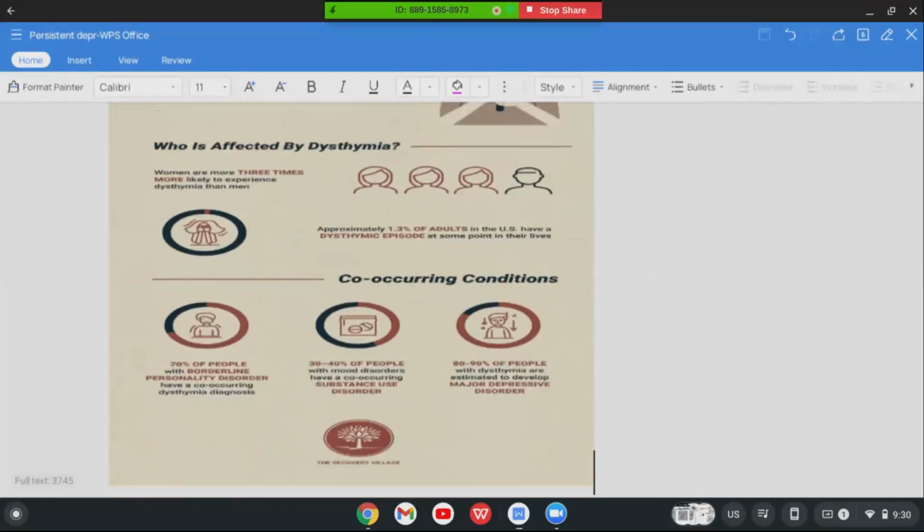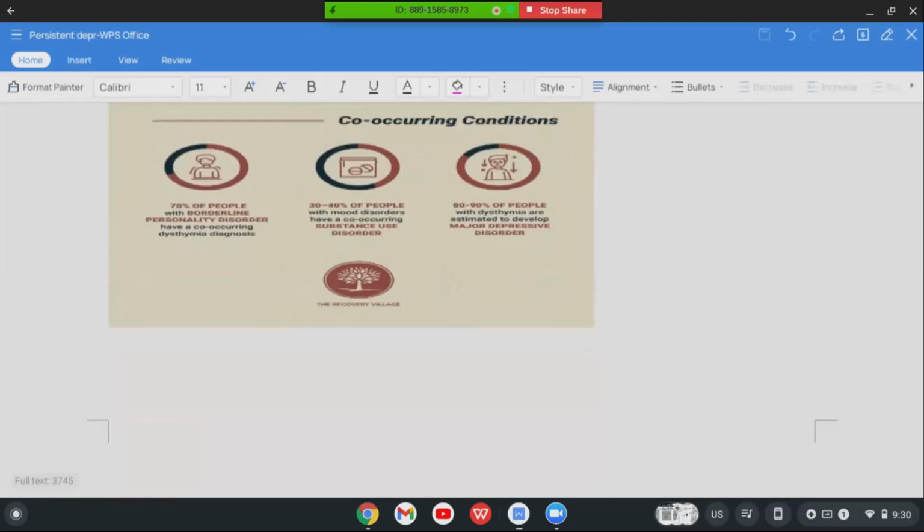And who is affected by dysthymia? Women are affected 3 times as much as men, and approximately 1.3% of adults suffer from dysthymia in their lives. And there are some conditions that co-occur with